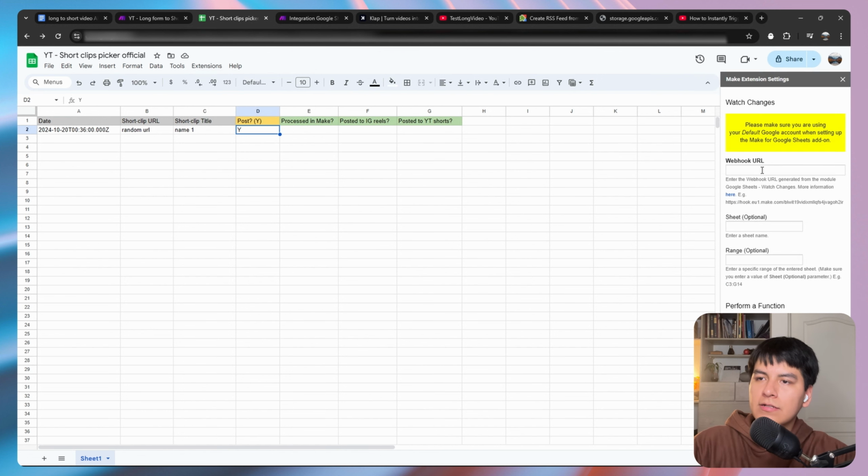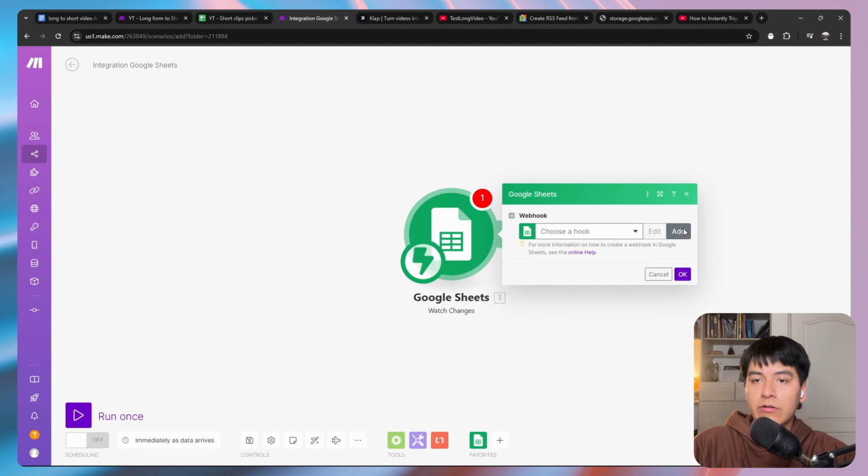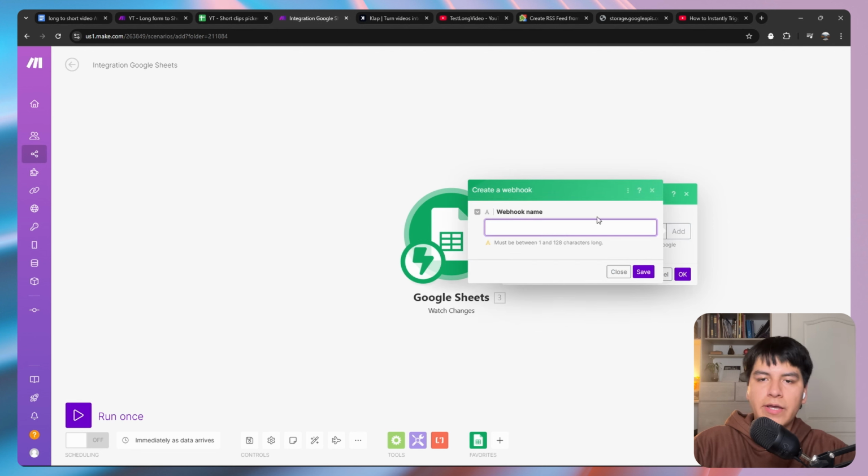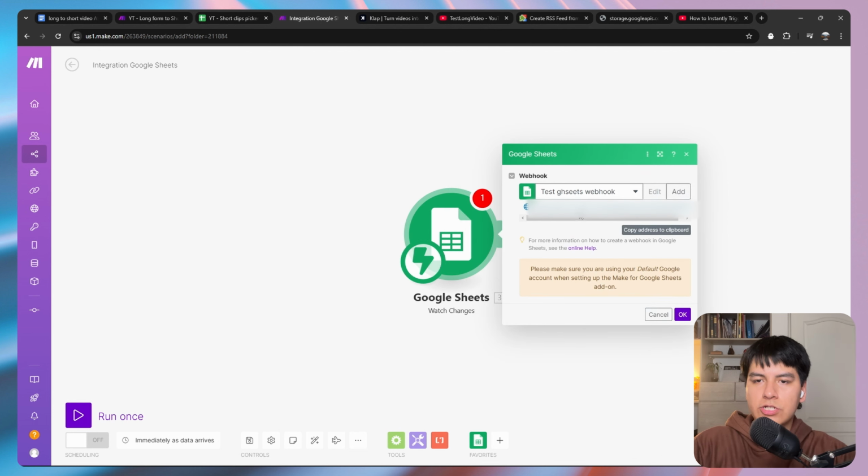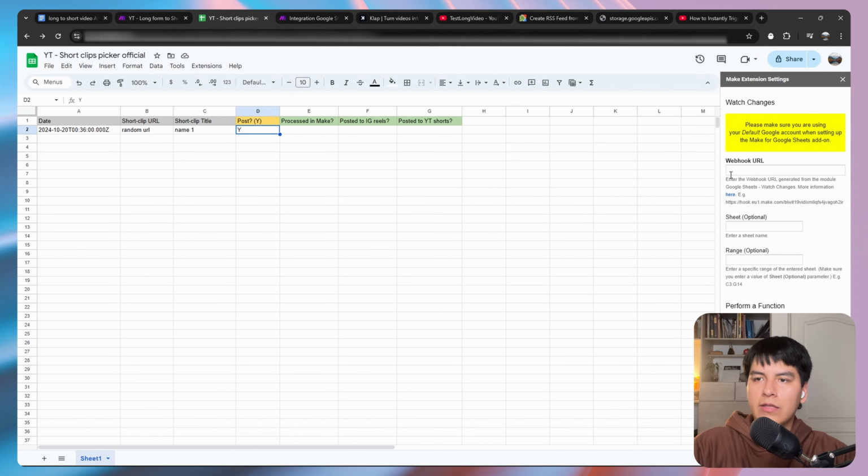So here it tells you to put in your webhook URL. So go back to make.com and click on add to add a new URL. And in my case, I'm just gonna name it test G Sheets webhook, and then click on save, and it should give you a webhook right here. So just copy address to clipboard and go back to Google Sheets and paste that right here. Then here just put in your sheet name. In my case it's called sheet 1, so type in sheet 1,